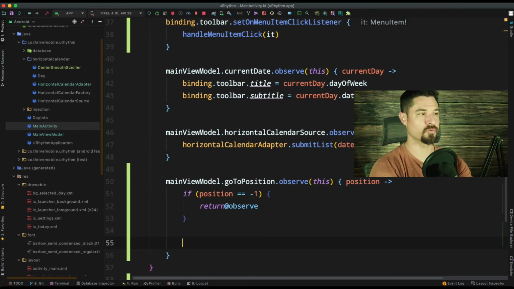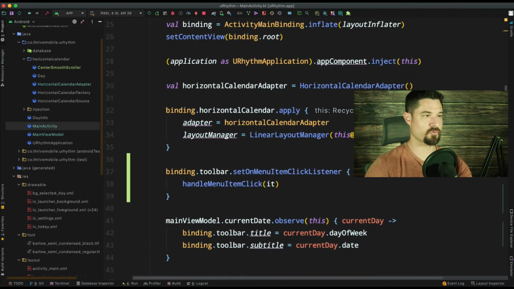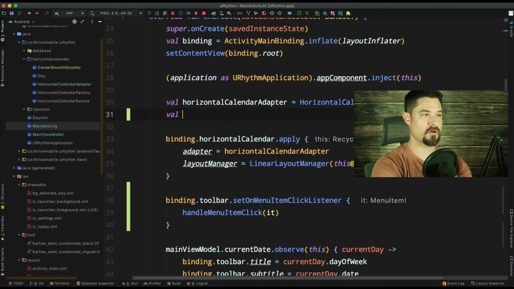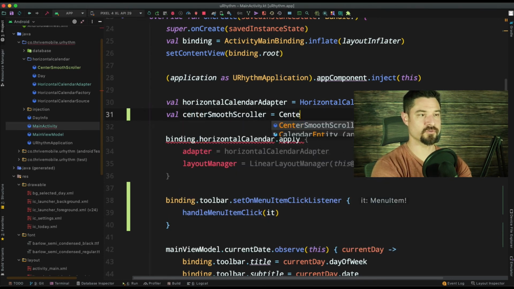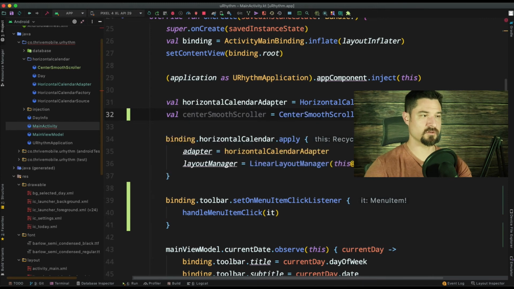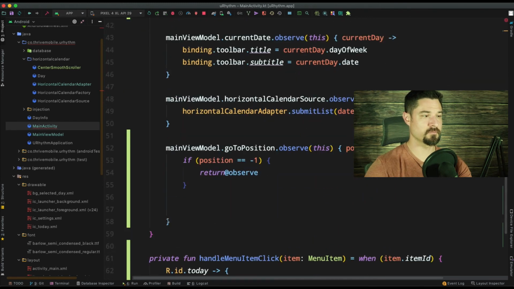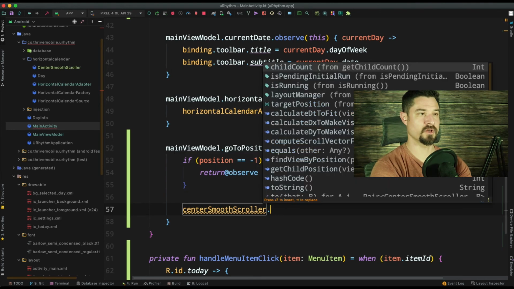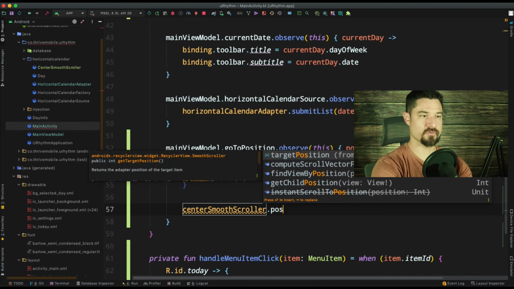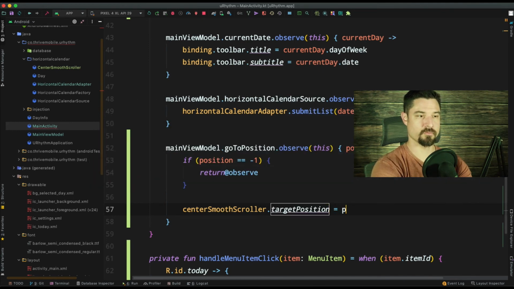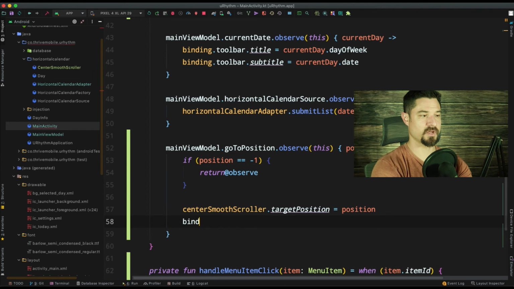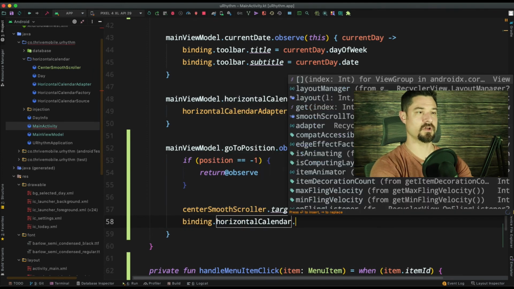So what I'm going to do is say, all right, we're going to create a smooth scroller up here. Val center smooth scroller equals center. The reason I'm creating it up here is I don't want to create it every single time. Center smooth scroller dot target position equals position, and then I say binding dot recycler dot horizontal calendar dot